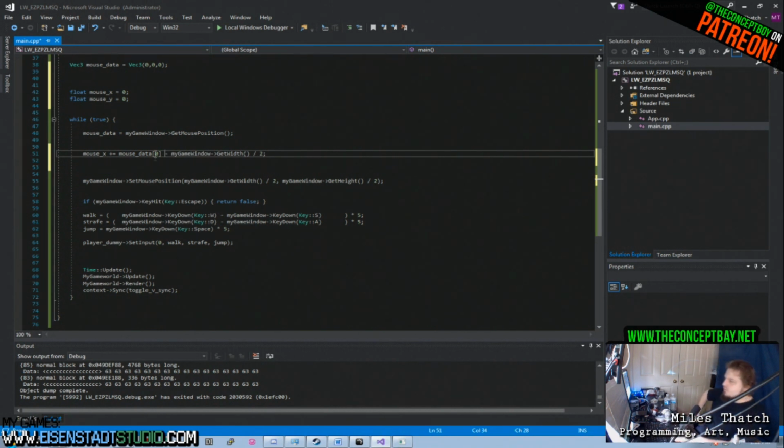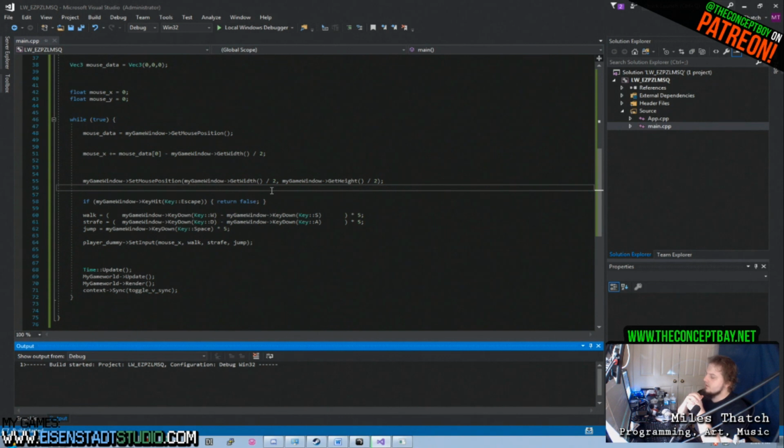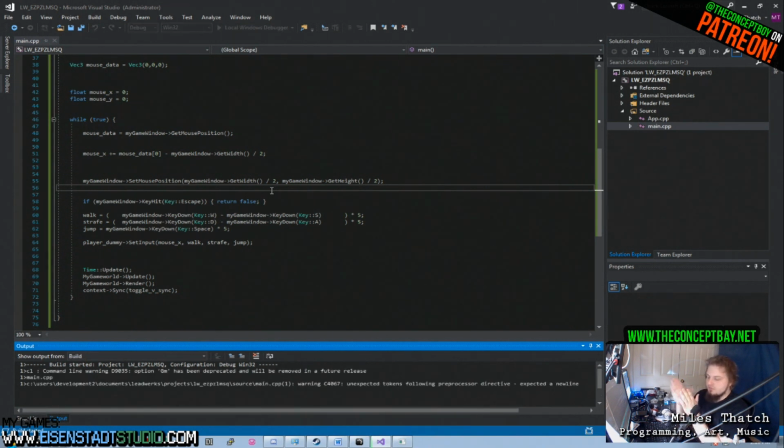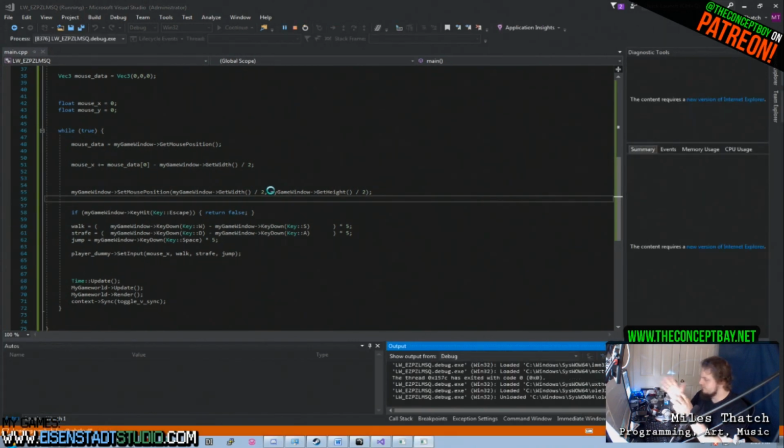Okay, so we take the middle along the width, the middle of the screen, and we take the current position of the mouse, and we calculate the difference between the current position of the mouse and the middle of the screen. And this will give us how far is the mouse away from the middle of the screen along the x-axis, right? If we take mouse X and shove it in here now, you will see that that incremental movement before we snap the mouse back to the center of the screen is going to effectively